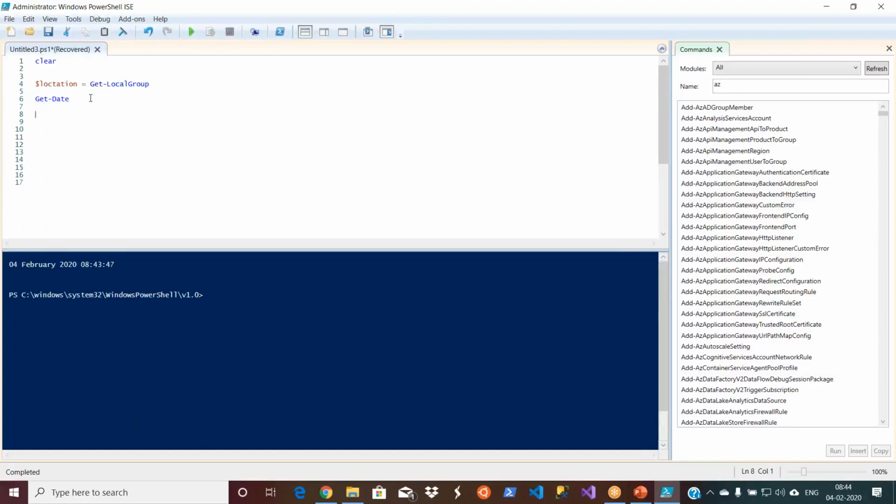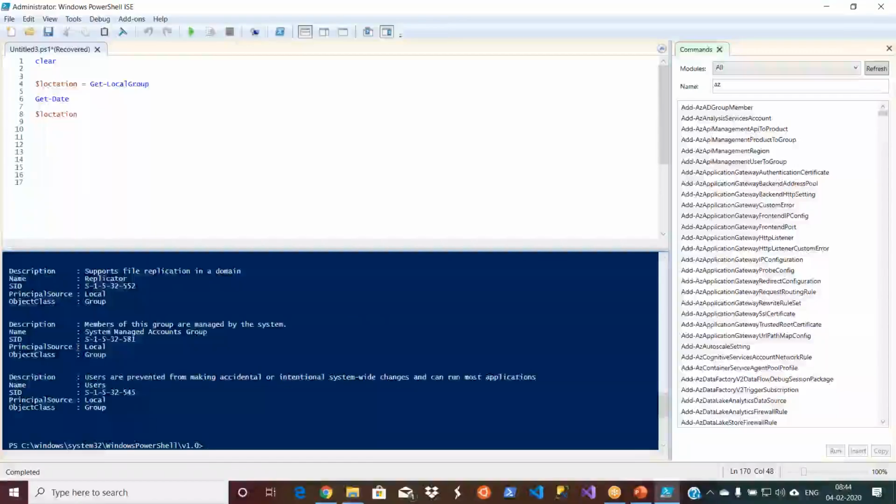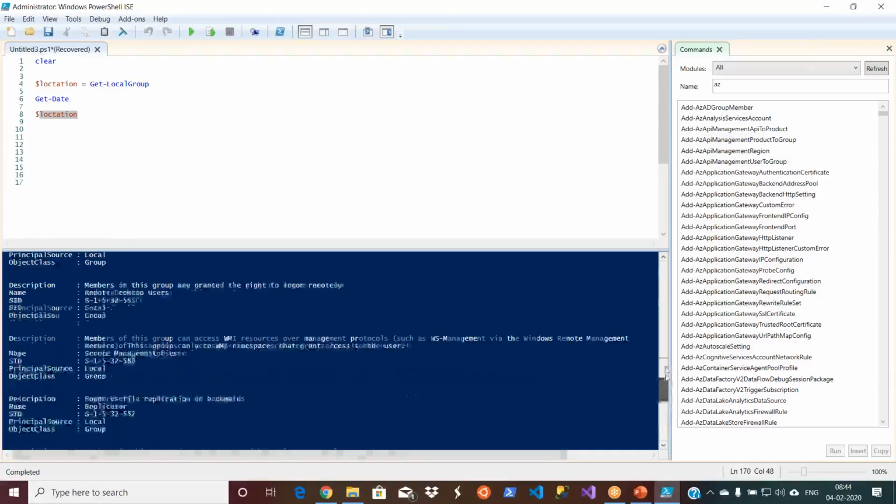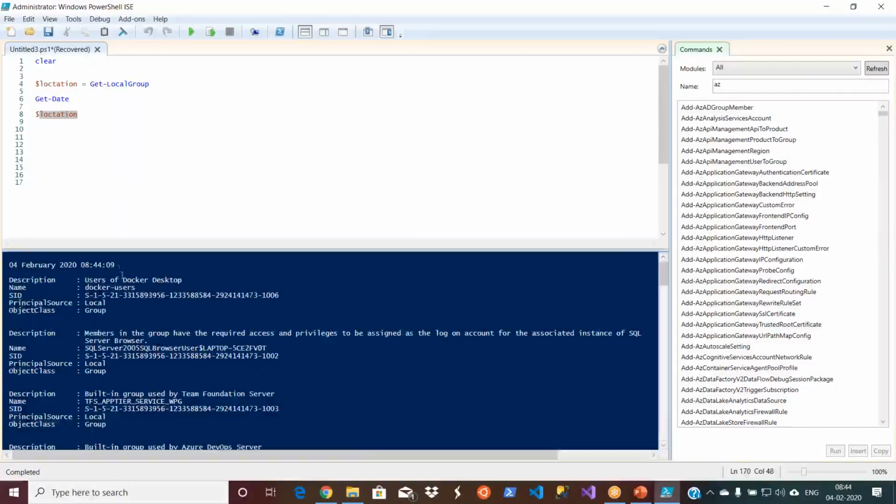You can use the same variable after some other lines of code as well. Now you see, the first line has my output in $location, and after that I did some computation. Still, I have my content here because I saved it into a variable. So first you see the command and then the data that is stored in $location. That's how you use variables.